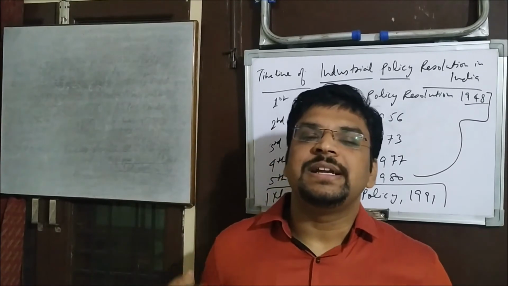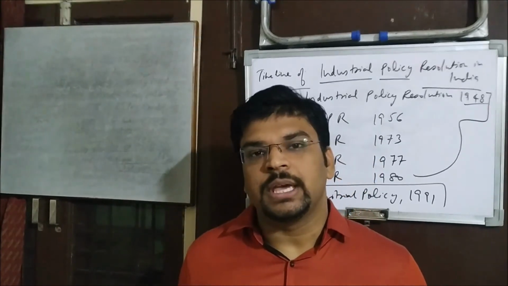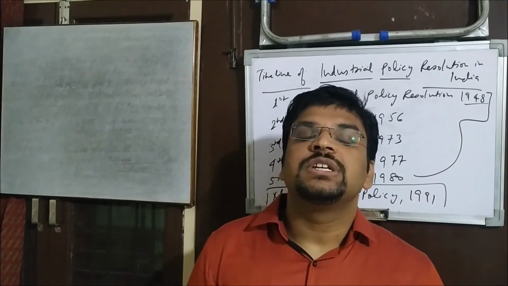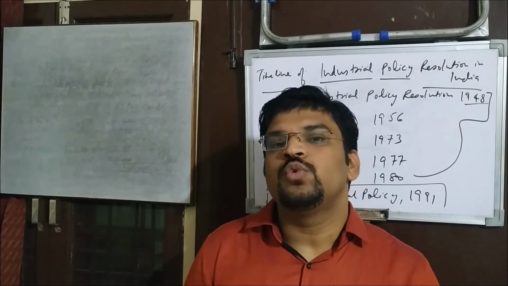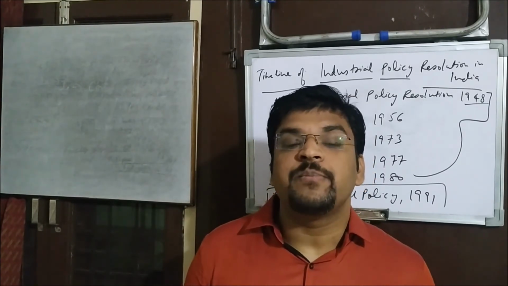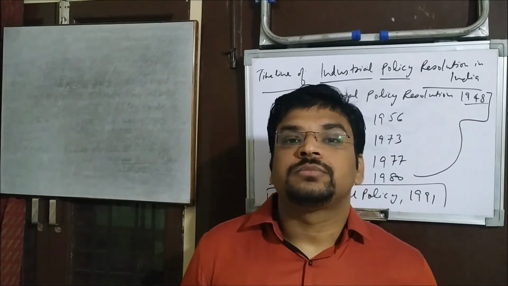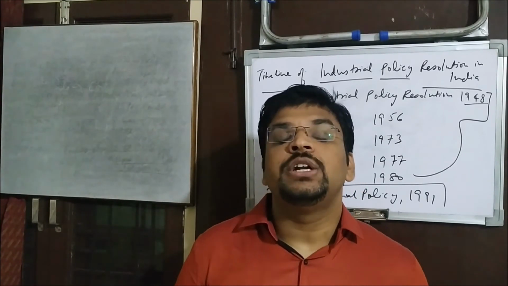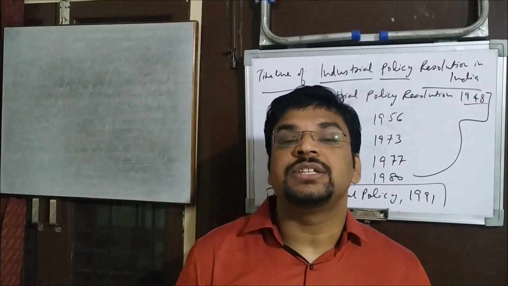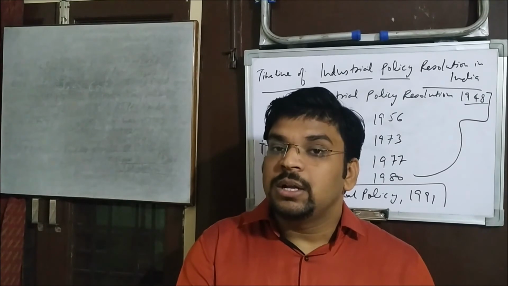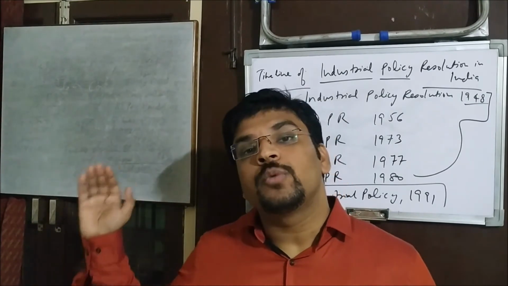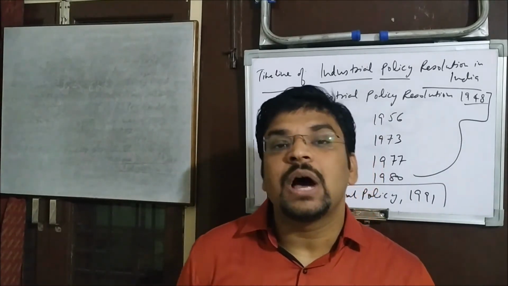Why did it happen? Because the government took the entire responsibility in its hand. There was the dominance of the public sector, right? Minimum role was given to the private sector. Very few industries were there in the private sector. As for the industrialists who were capable of setting up heavy industries in India, they did not get the permission. There was the license Raj. There was a licensing system in India. And most heavy industries were reserved only for the public sector. The private sector was not allowed to do business.